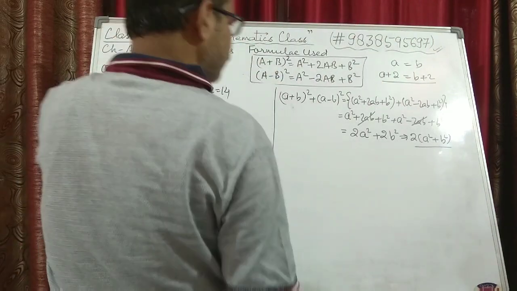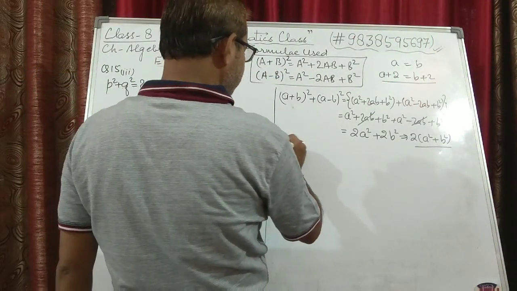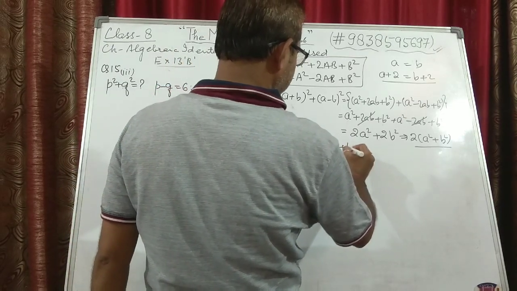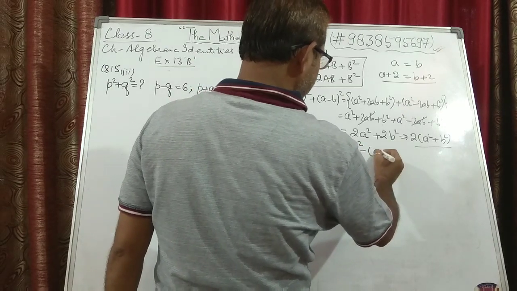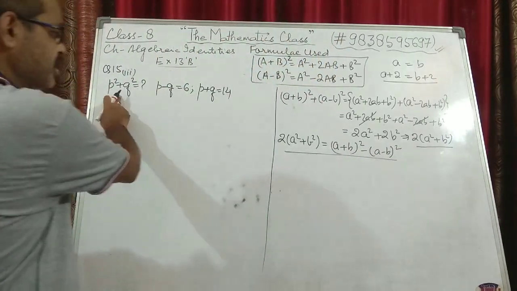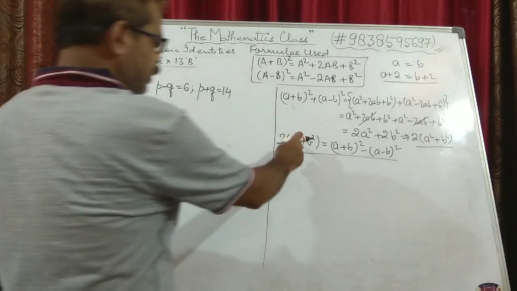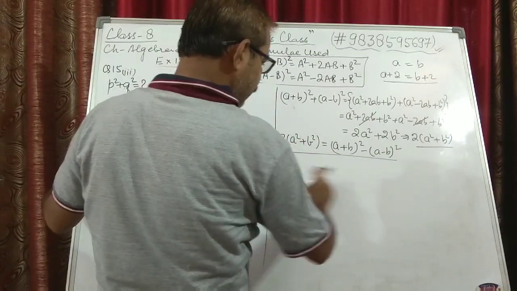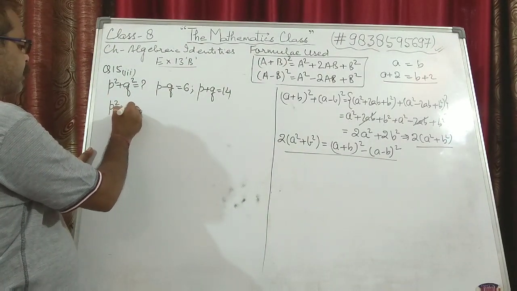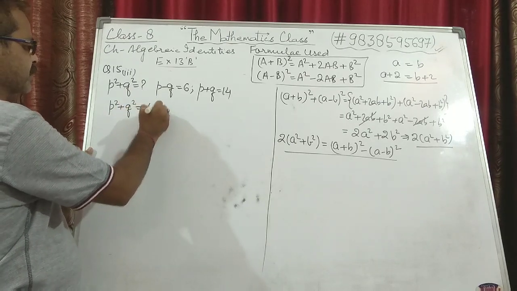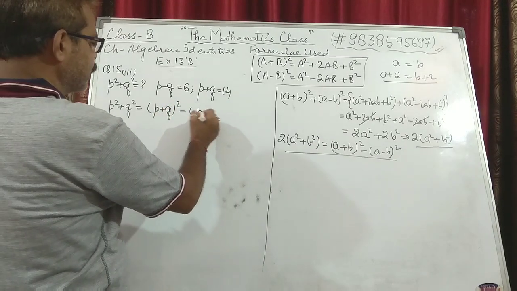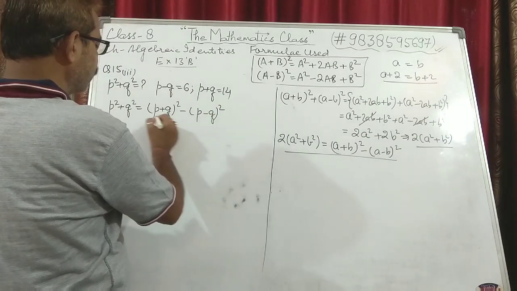This is the formula that we are going to use. It means 2 times (a square plus b square) can be written as (a plus b) whole square minus (a minus b) whole square. Now in this question, p square plus q square is asked. So p square plus q square can be written as this total divided by 2. So what formula are we going to use? p square plus q square can be written as (p plus q) whole square minus (p minus q) whole square